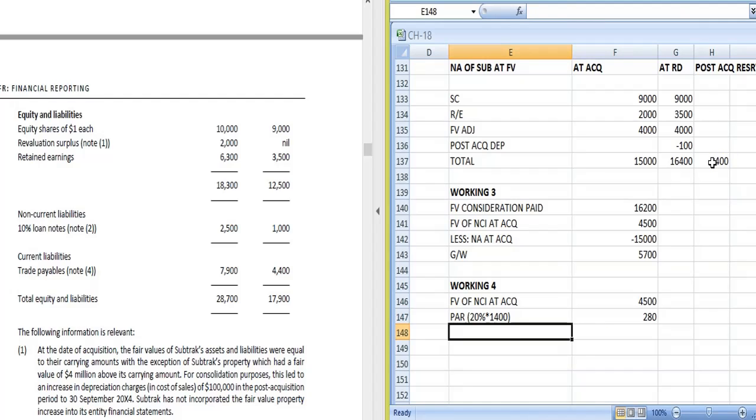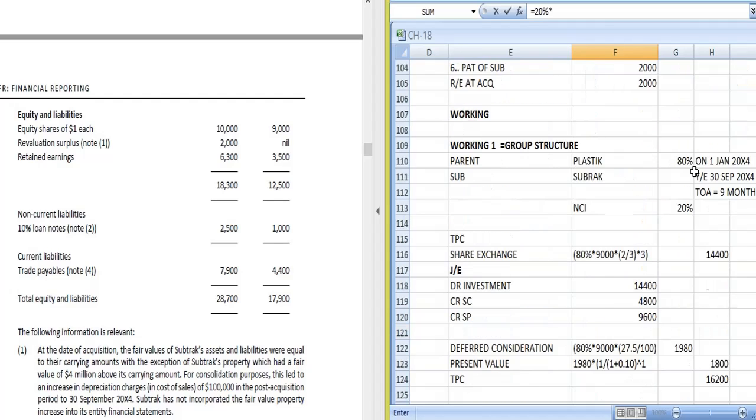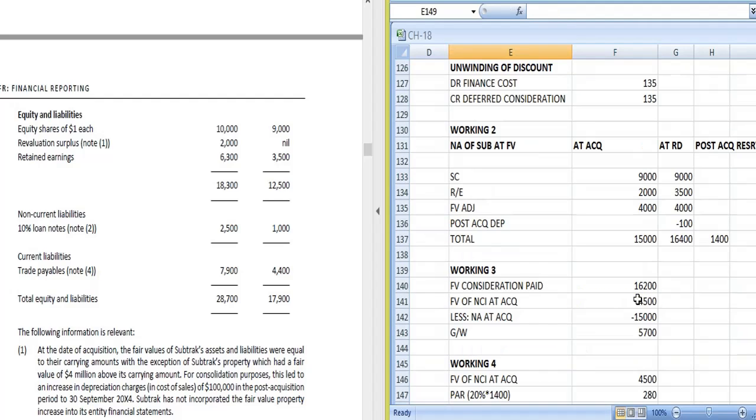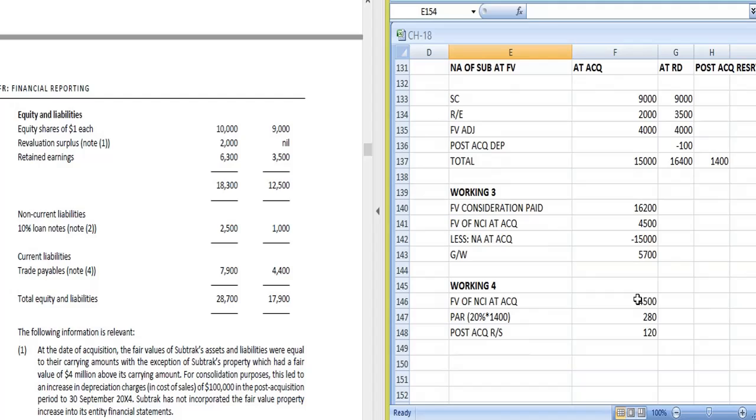Then post acquisition revaluation surplus, which we noted down in the additional information. In case of post acquisition revaluation surplus, we take the NCI percentage of the revaluation surplus and add it in the working 4. Here NCI percentage is 20% and post acquisition revaluation surplus is 600. So we add the NCI percentage here, and the rest 80% will be shown in the consolidated statement of financial position